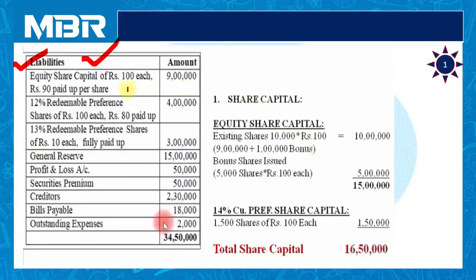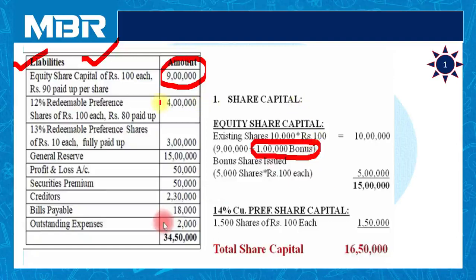Now, how many equity shares are issued by the company? And what is the amount of bonus? That we have to keep in our mind. If you check the balance sheet, the share capital is given to us as rupees 9 lakhs. But at the time of the RPS redemption process, the company has declared bonus of rupees 1 lakh in order to convert partly paid equity shares into fully paid up.